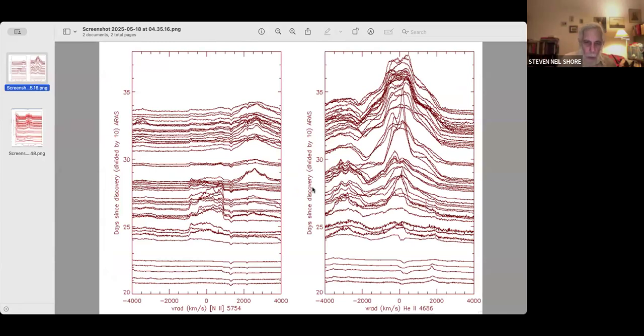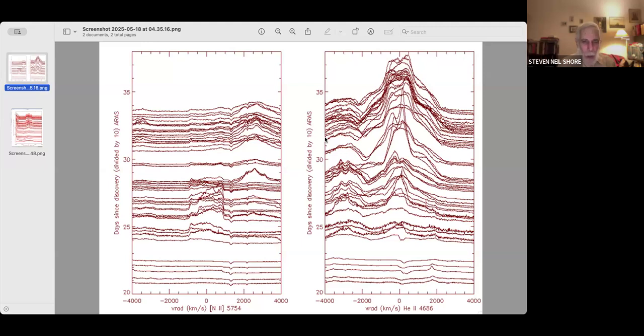It's a paper that we've done, and by we I mean also with Francois and with ARAS. This is actually the ARAS data, which is why I'm showing you this. This is a nova. It's a slow nova. Never mind what the details are. It's simply that here you're looking at the variation of what would be the narrow line region, except this is